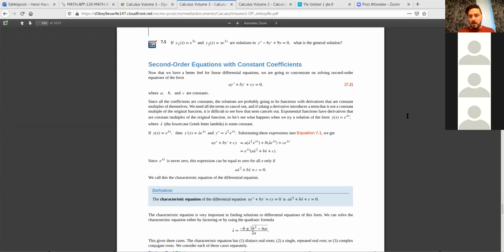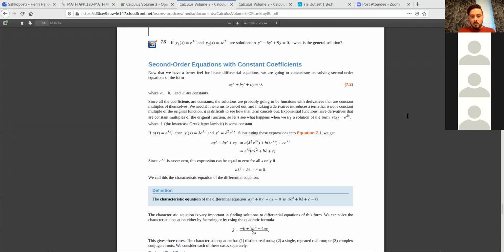And y prime is equal to L y. Now, if we do this and punch it into this equation, we get a L squared plus b L plus c